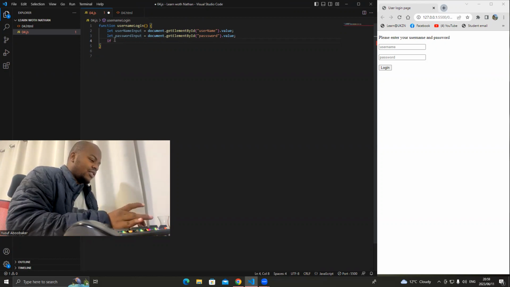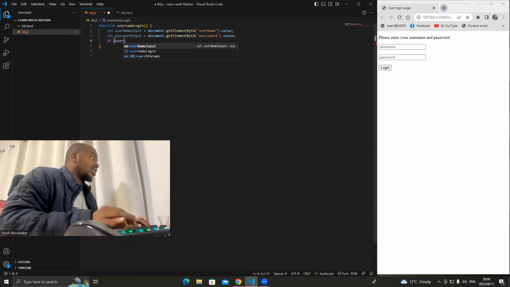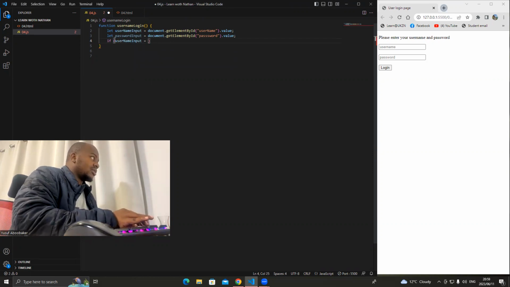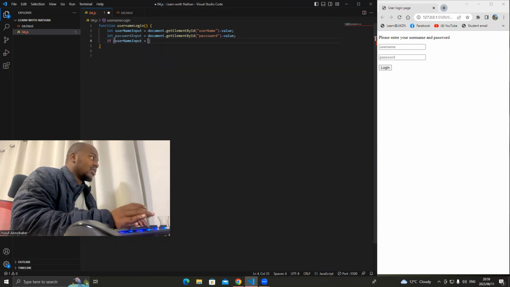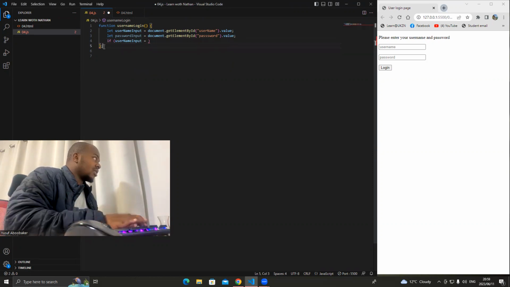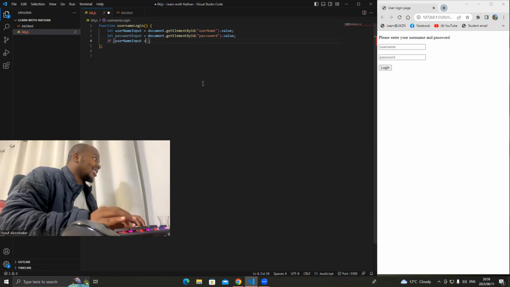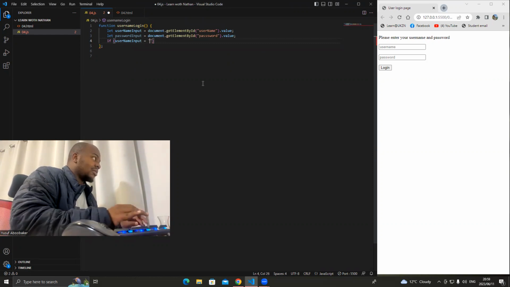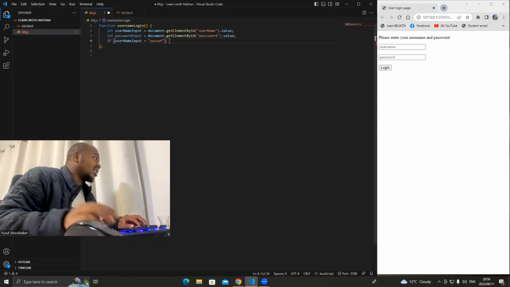So if username input is equal to, tell me something's wrong. I don't know what. Yusuf. Oh, it doesn't want this. Get rid of that. Doesn't want that. Okay, cool. If username input is equal to Yusuf, the condition must be